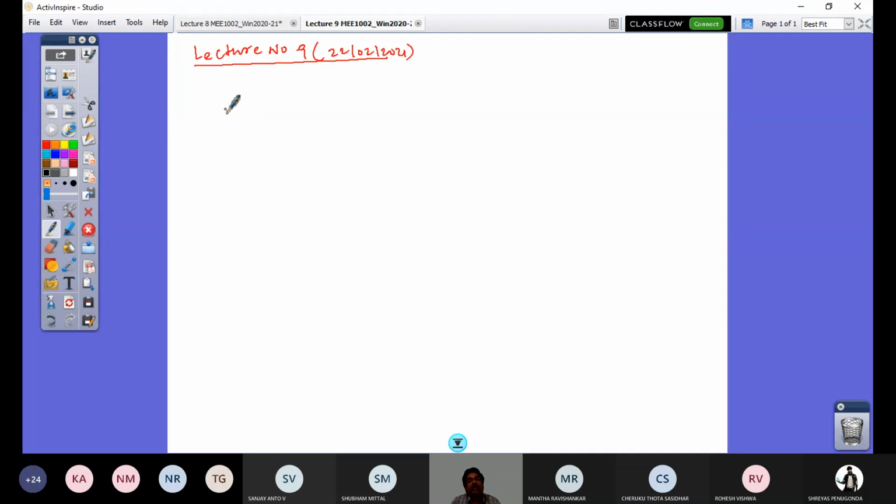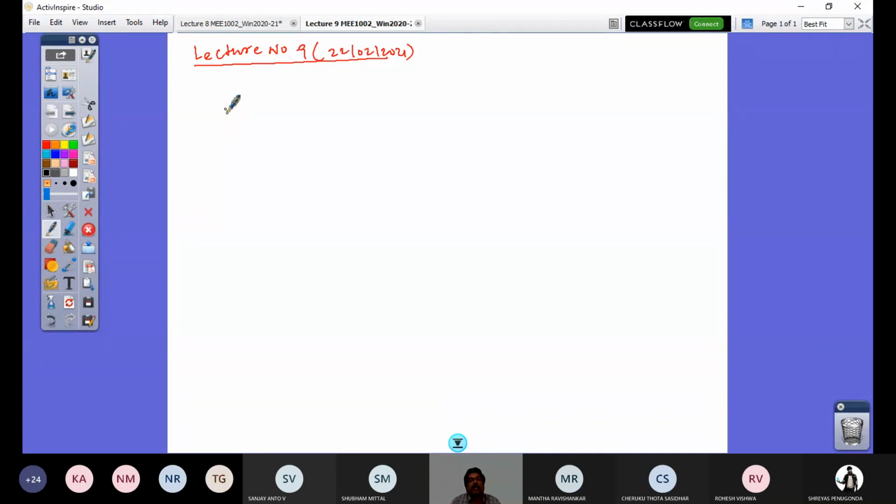Importantly, you're going to solve mechanics of materials in the next semester. At that time, you are expected to go into more detail of understanding the section properties of the beam, and you are required to draw an important diagram called the shear force bending moment diagram. The very first step is to understand the given beam, which type of beam, what the supports are, and what type of loading is present. You would find out the support reactions as the first step, and then go for drawing the shear force bending moment diagram.